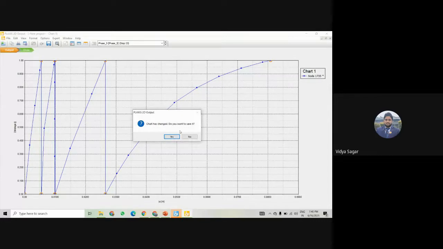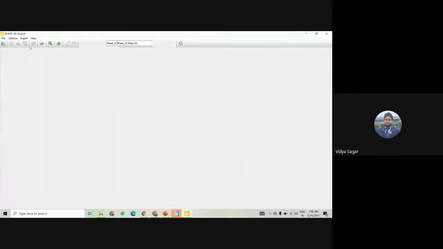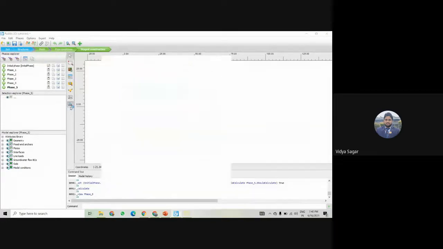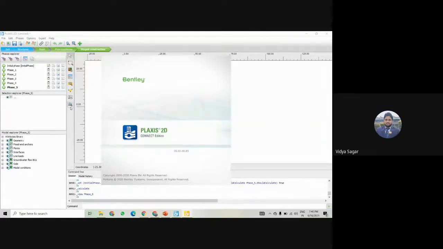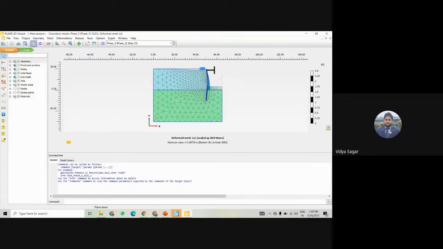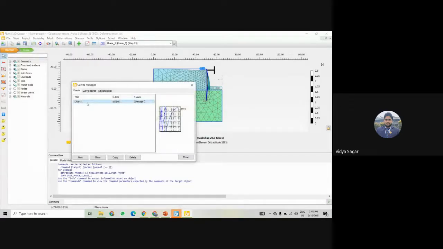You can save this curve for future reference, or directly if you click on the view, and again if you click on the curve manager, you will get that curve already saved here. So you can create a number of curves for the different stages. Like if I